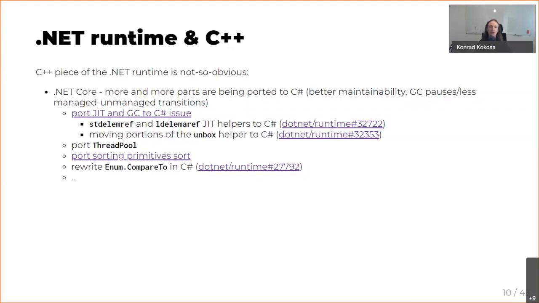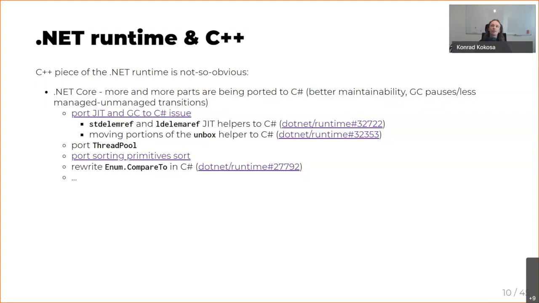So if you have a code in C++ in the runtime and your application needs to call it, it needs to make this managed to unmanaged transition, which is just an overhead. It reduces the flexibility of the GC pauses, for example. So having no transition at all is just profitable also from the performance perspective. And that's why we will see that direction of porting some parts of it.